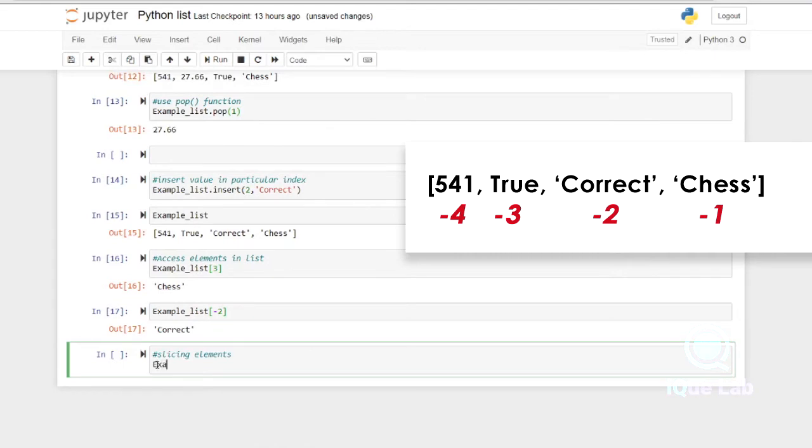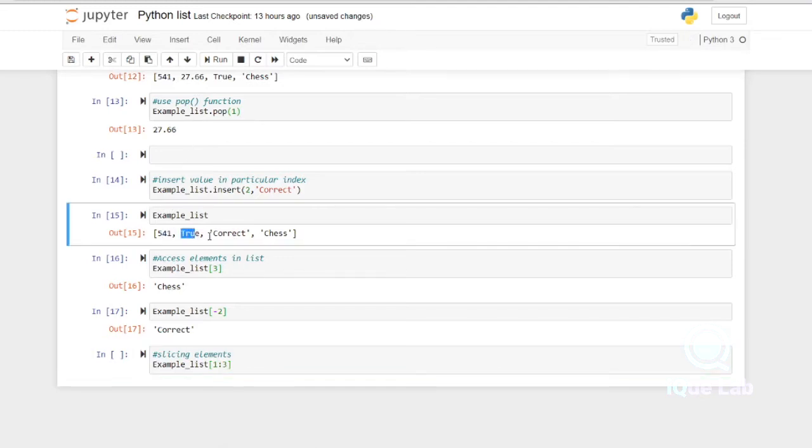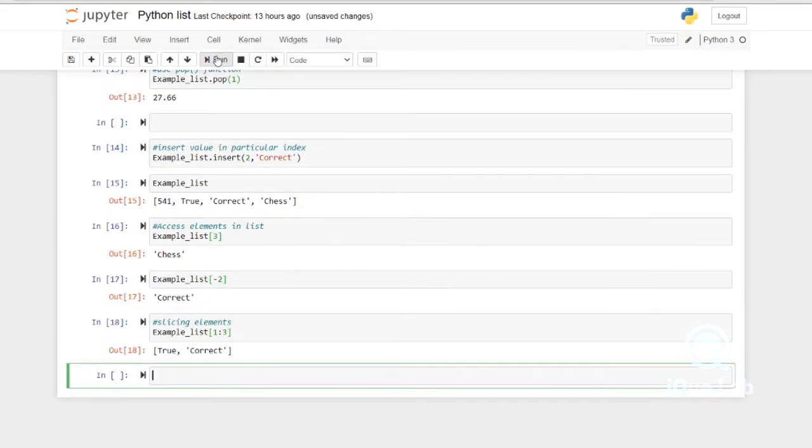At last we can see how to slice elements from our list. To slice a list, the indices of the first element and the element immediately after the last element must be specified. In the example, we slice the list from index 1 followed by a colon and 3. We know that these are the three values that come in our specified indices. But we have to understand that Python will slice only up to the element which is one less than our last specified index. That means Python will print only true and correct elements from our example list. Hope you guys got a correct understanding about list and various operations that can be made in our list.